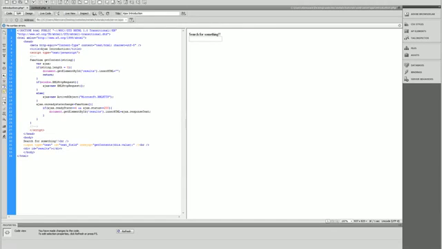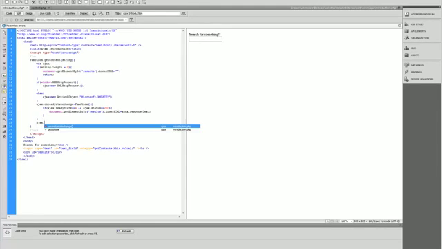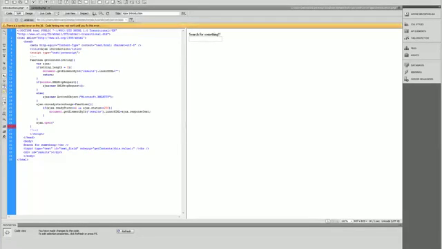Alright, so we need to actually execute this Ajax. The way we're going to do that is Ajax dot open, and we're going to go get. The way this works is it goes method, file, and asynchronous. Method is get or post. Get is faster than post. You will use post occasionally, but while you're starting out with Ajax, just use get. It's much easier. And the file is going to be content.php